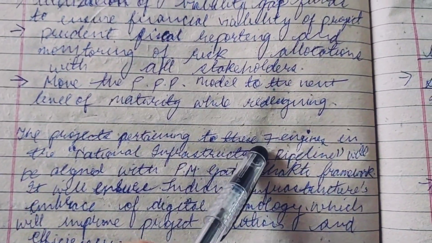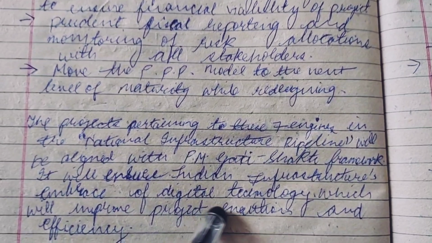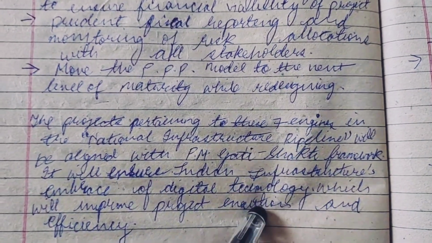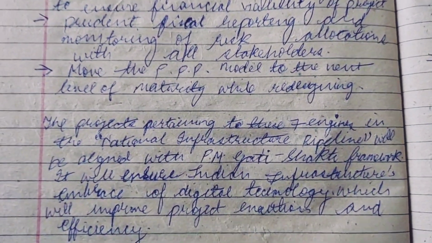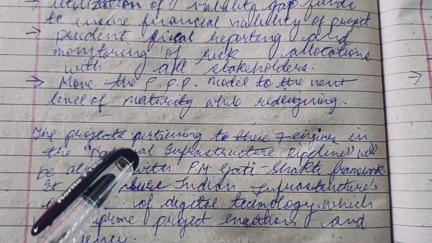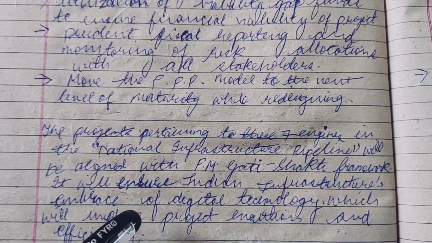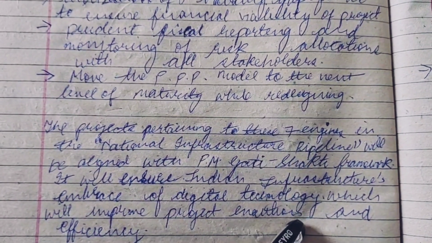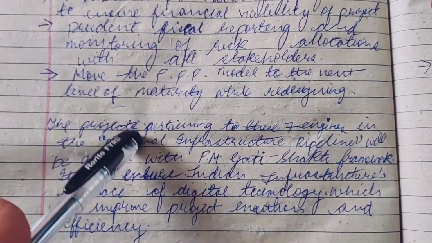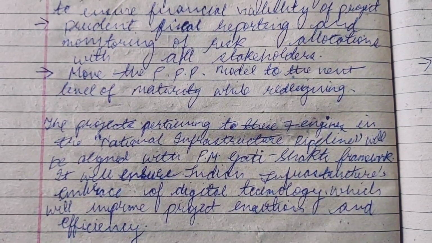The projects pertaining to these 7 engines in the national infrastructure pipeline will be aligned with the PM Gati Shakti framework. It will ensure Indian infrastructure embraces digital technology, which will improve project completion time and efficiency. So these 7 engines will be integrated with the national infrastructure pipeline, and aligned with the PM Gati Shakti framework. So it will ensure that Indian infrastructure embraces digital technology, faster development and execution, and efficiency, which will benefit the government, the private sector, and the people of India. And it will help in economic development. So this is all about PM Gati Shakti Yojana,